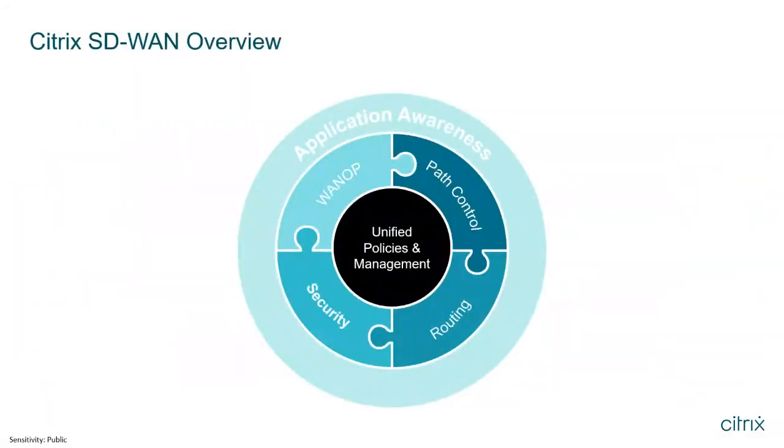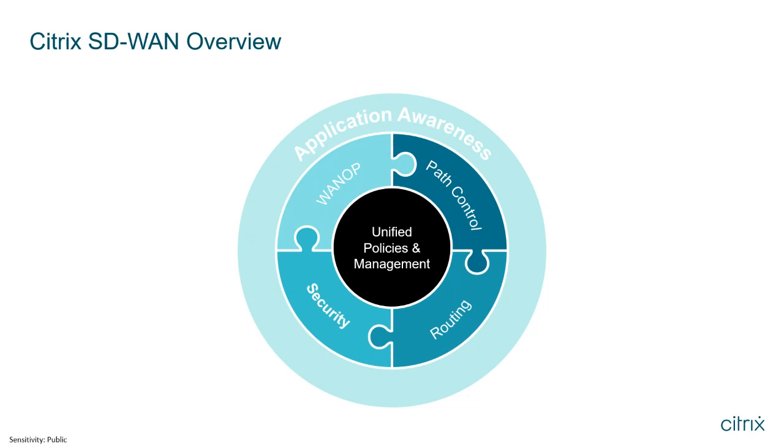So really when you look at Citrix SD-WAN, this graphic really says a tremendous amount. First and foremost, on that outermost shell is the application awareness. When you look at competing products, you're looking at something that is truly a basic networking tool, and Citrix SD-WAN is so much more than that. You'll see that it operates from a WAN optimization perspective, from a path control perspective, at a very deep and intricate